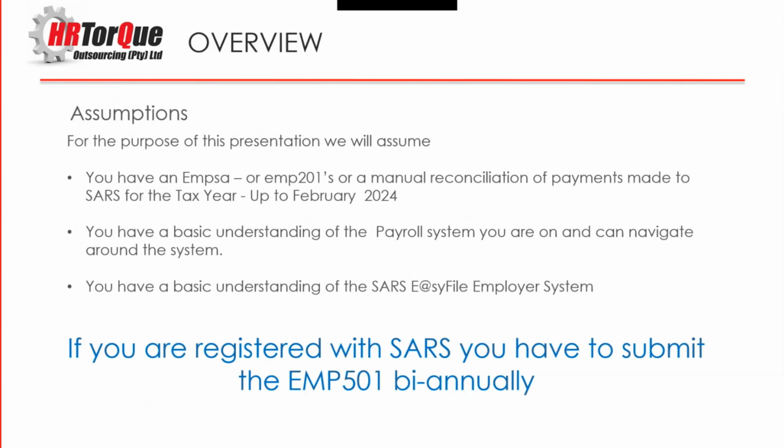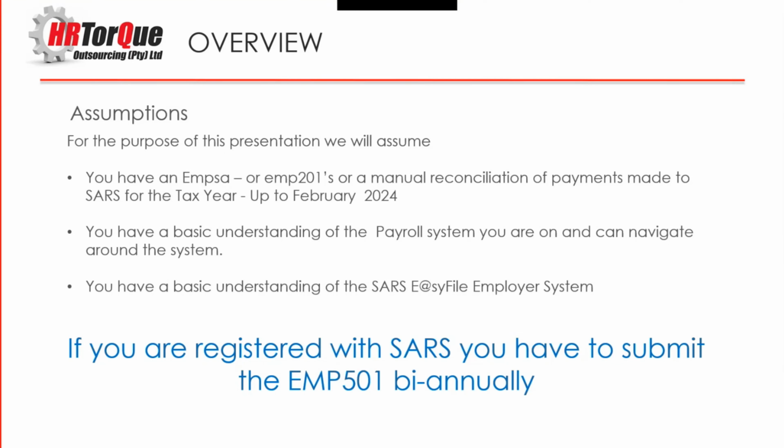We have to have some sort of assumptions, and our assumptions for today are that you have an EMP5, which is your statement of account, or your EMP501s, or some form of manual reconciliation of the payments that you've actually made to SARS for the tax year. That's up to the end of February 2024. We're also going to assume that you have a basic understanding of your payroll system, and that you can navigate the various screens that you may need to get to,